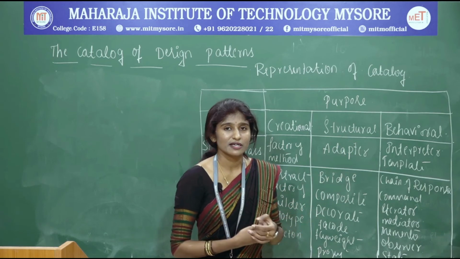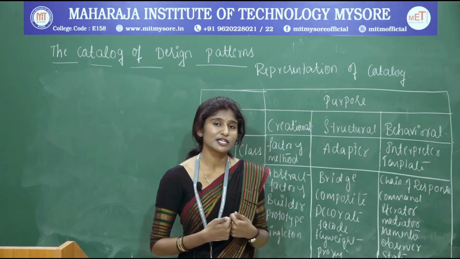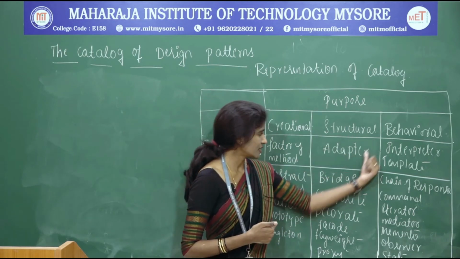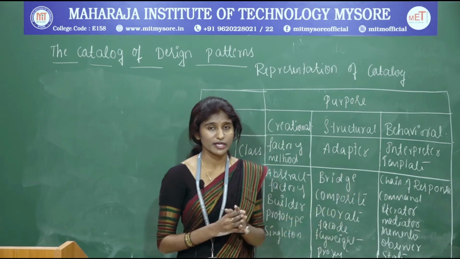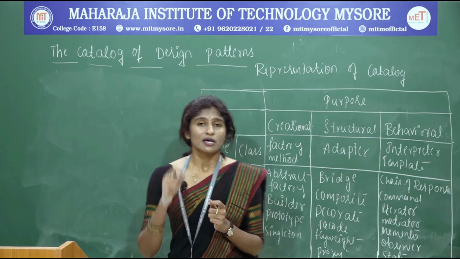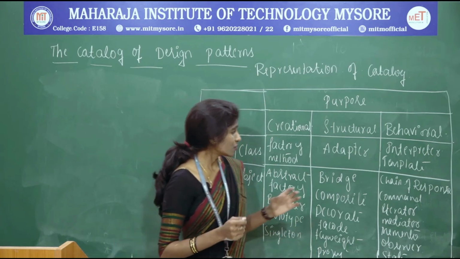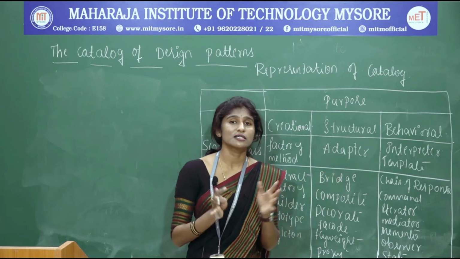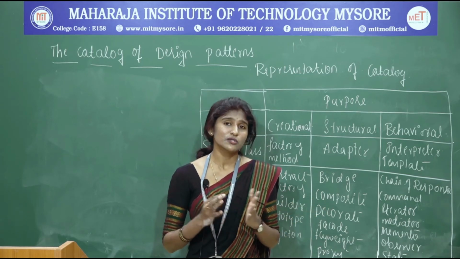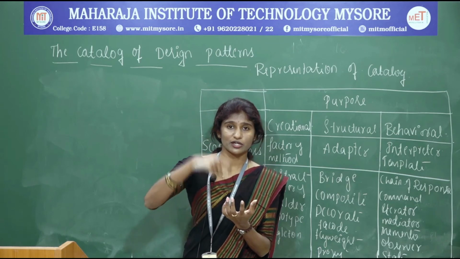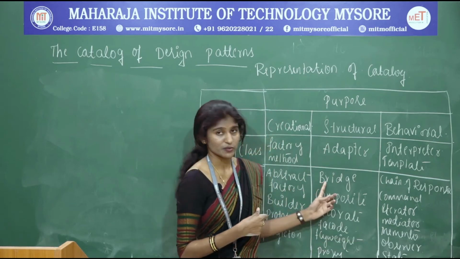So how it is being structured, how it is being interlinked, means how classes and the objects are linked to each other. In that one you can see adapter, bridge, composite. I told you, composite contains a group of objects all together, and it is going to give the tree representation, right? So it is nothing but the structure, how the structure is being maintained, whether it is a chain structure or something different. It is going to give the complete implementation of how it is implemented within the body. Okay, so those parts you can see in this one.